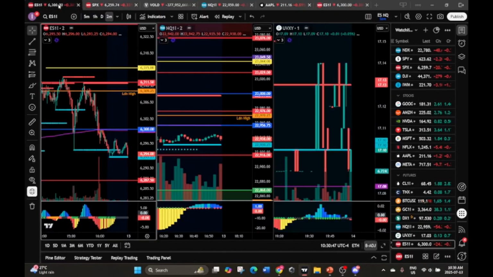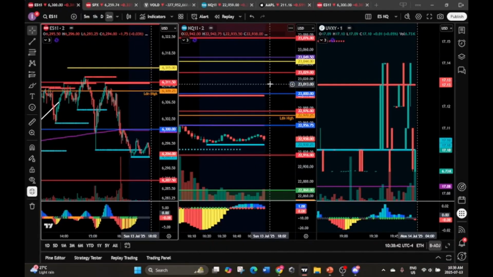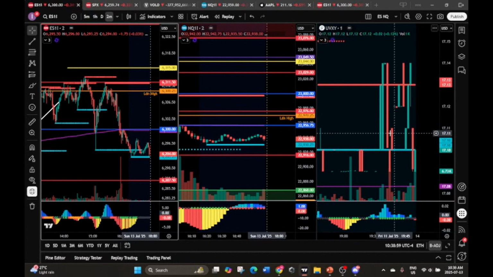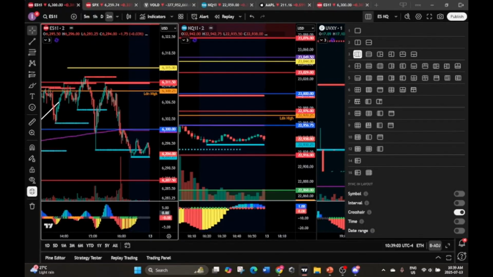But pretty much, I have one screen here which I showed to you guys, and this is pretty much the main screen, the ES NQ, right? And on this screen, this is where I'll look at that price action to see what's happening on that 2-minute time frame. So then I can clearly identify what my entries and my exits are going to be. So on this time frame, I pretty much just have the ES, the NQ, and then also the volatility indicator UVXY. If you want multiple charts on the same screen, all you have to do is click this top right button here,